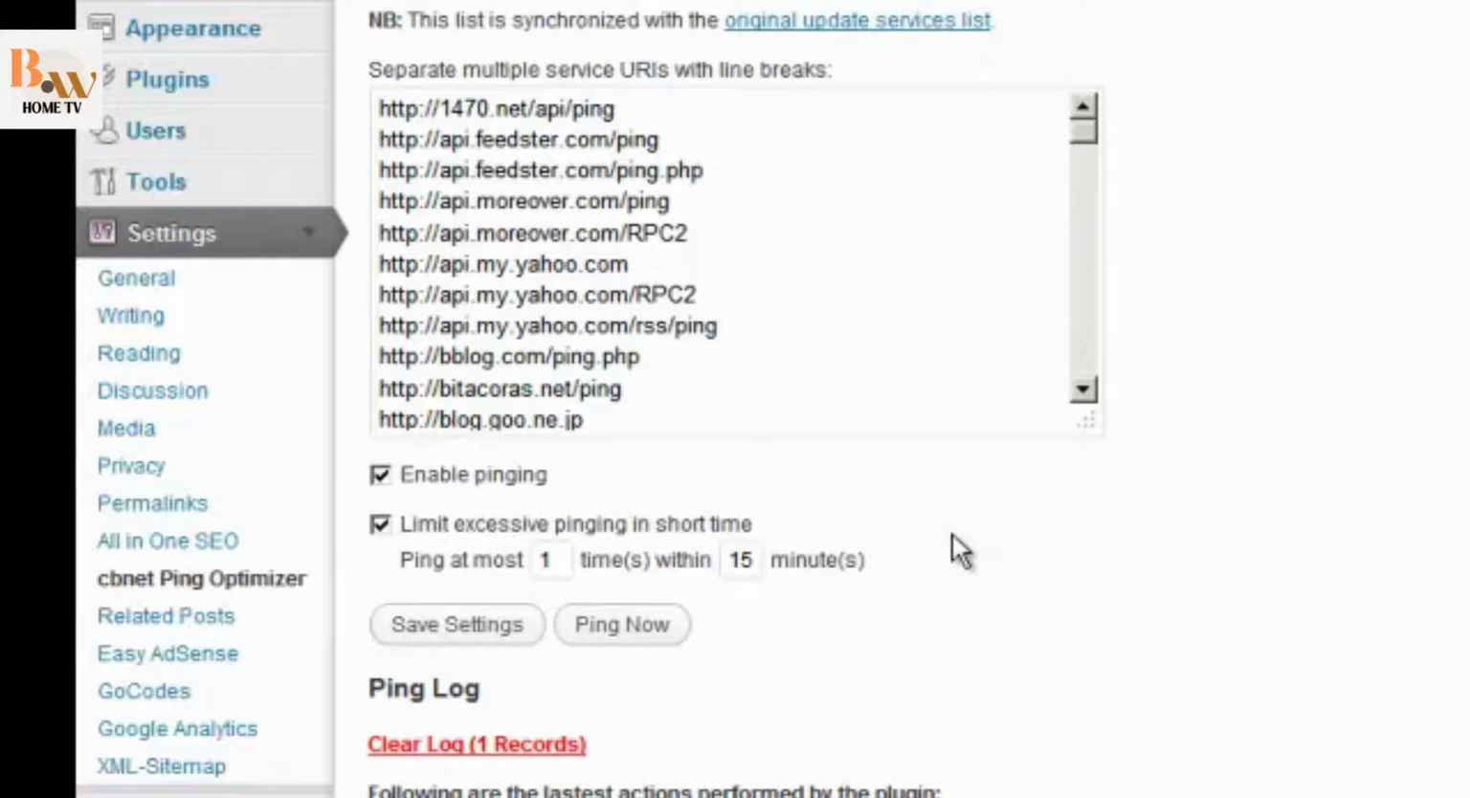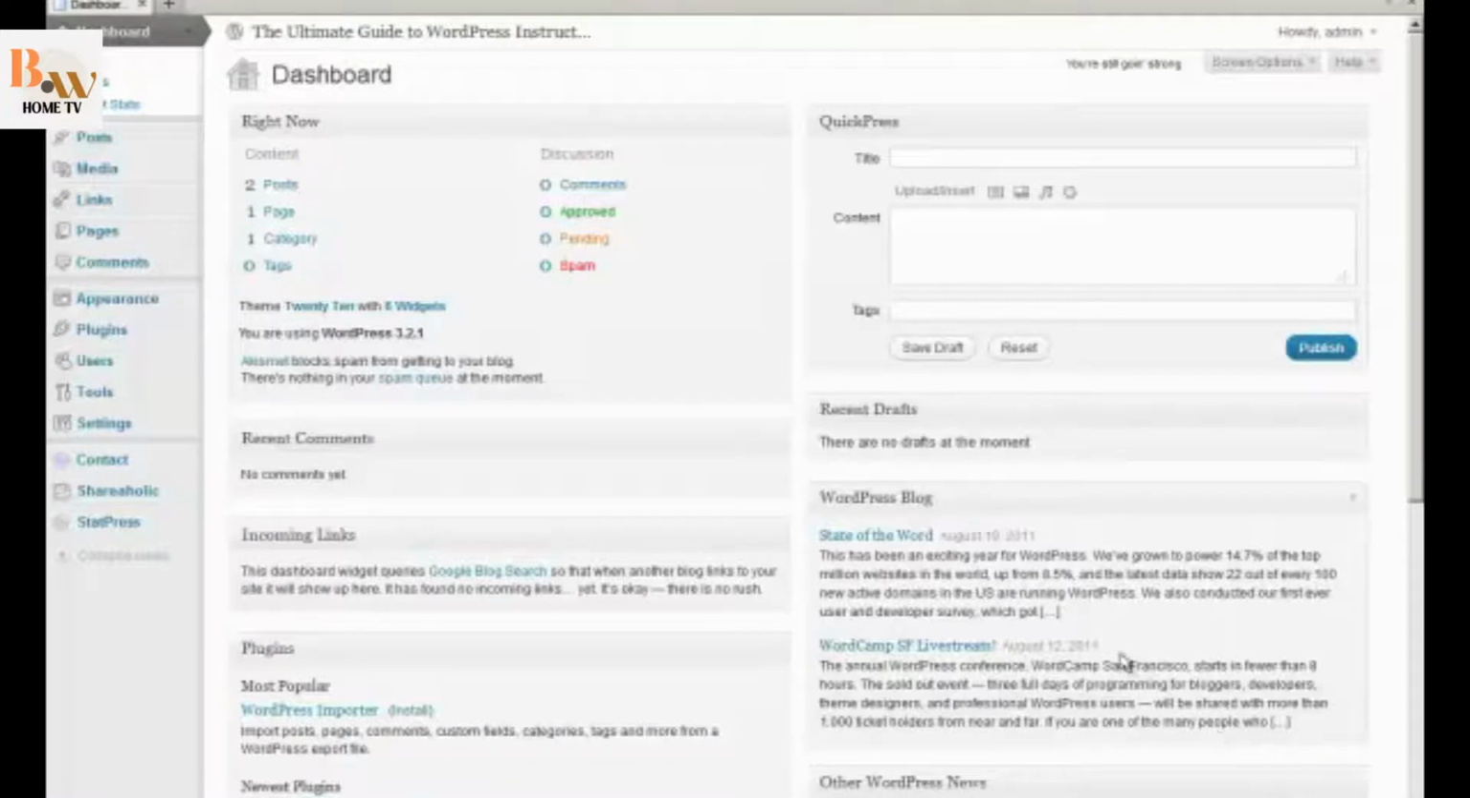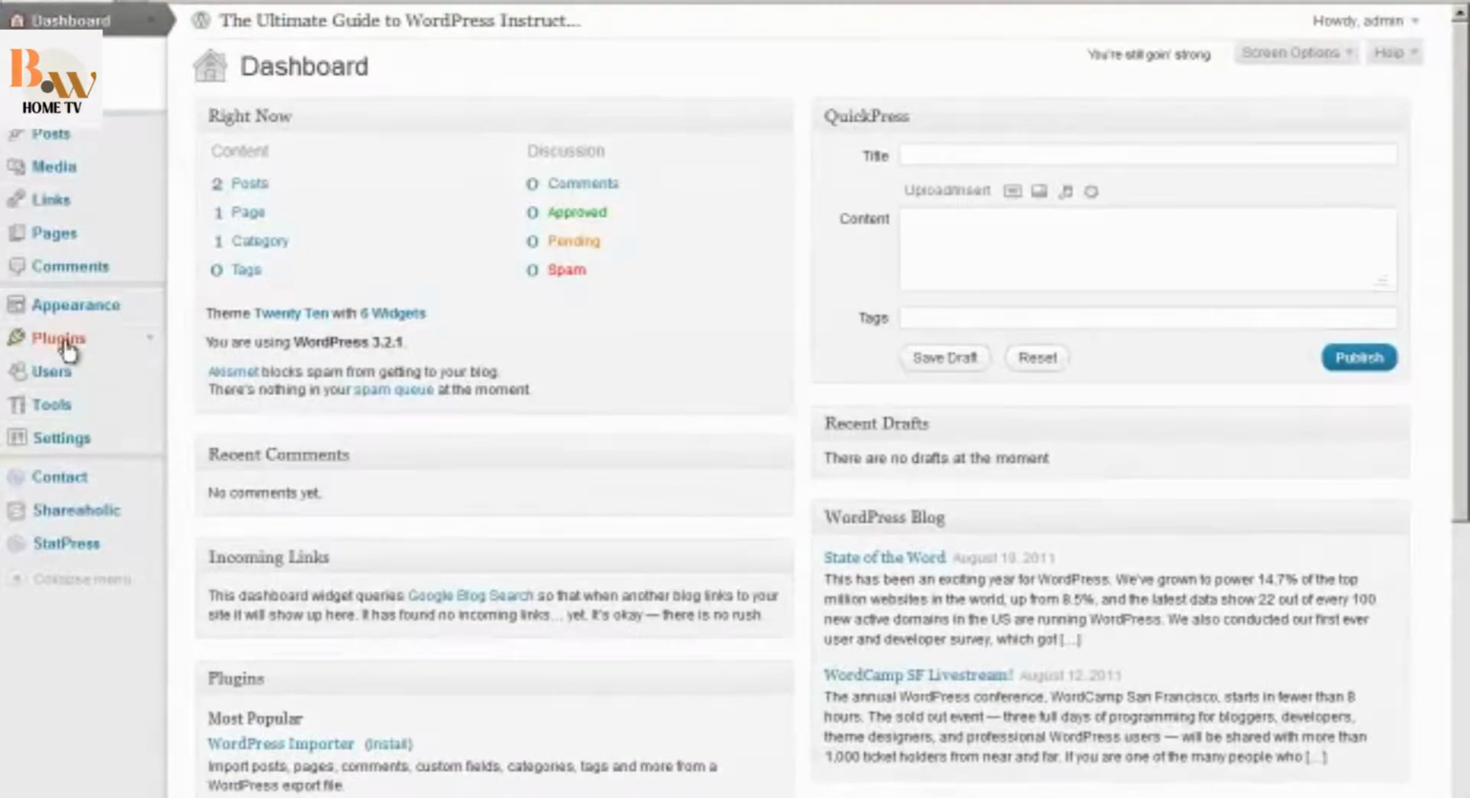You don't really have to fear that your IP is going to be banned by any of these update services now, because you're not going to ping them excessively. Okay, that's it. Okay, next up we're going to talk about making a sitemap using a plugin. And we're also going to show you how to get a Yahoo application ID, which is important for getting this sitemap up on Yahoo. So let's go to Plugins